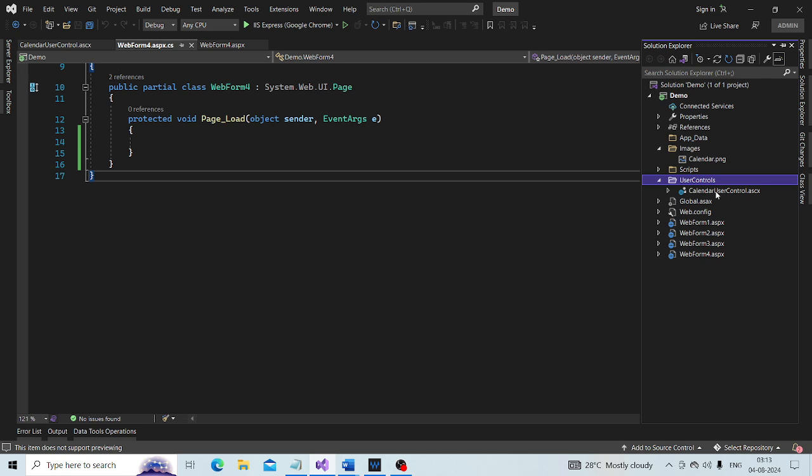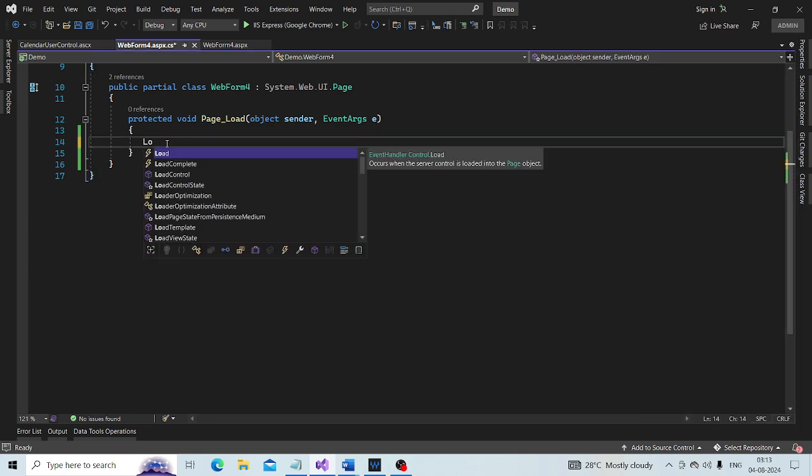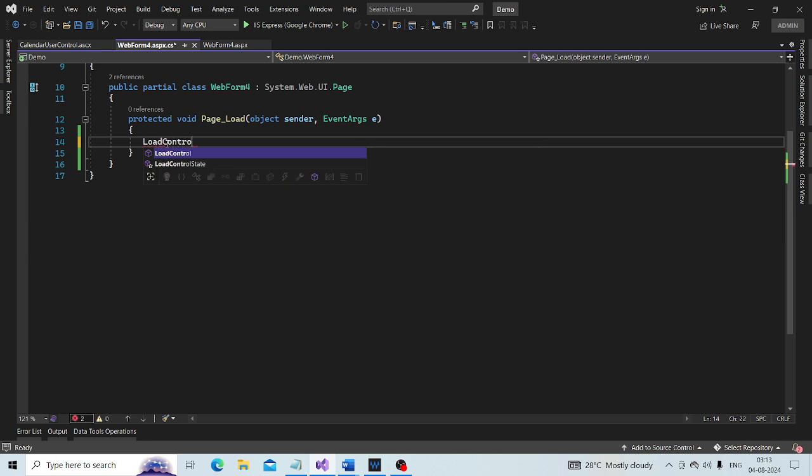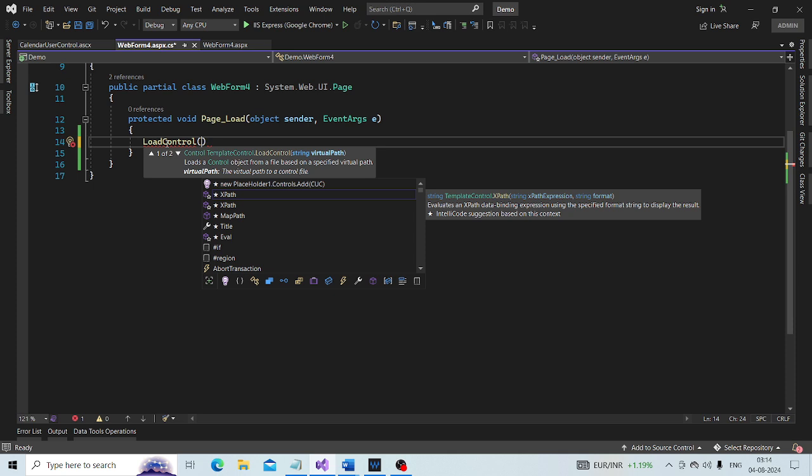If you look at what this method expects, it expects the path of the control that we want to load.